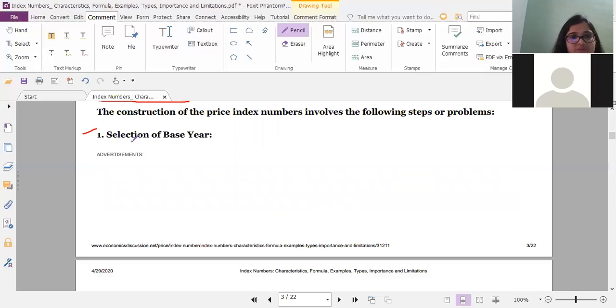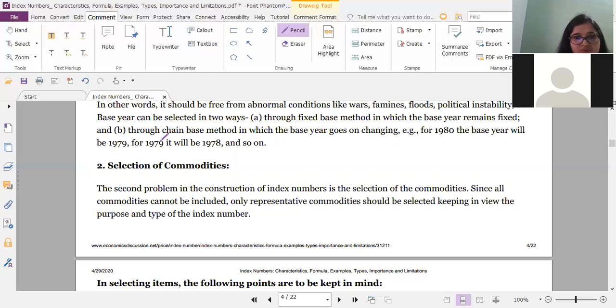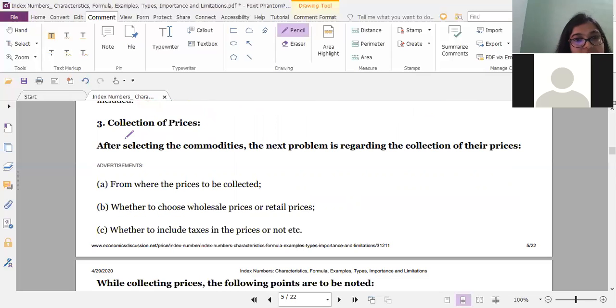So the first step will be selection of base year, right? I'll tell you all what that is in depth later. We'll just quickly have a glance over the steps involved. So the second one is selection of commodities. What are the commodities we are taking into consideration, right? The third step is collection of prices,